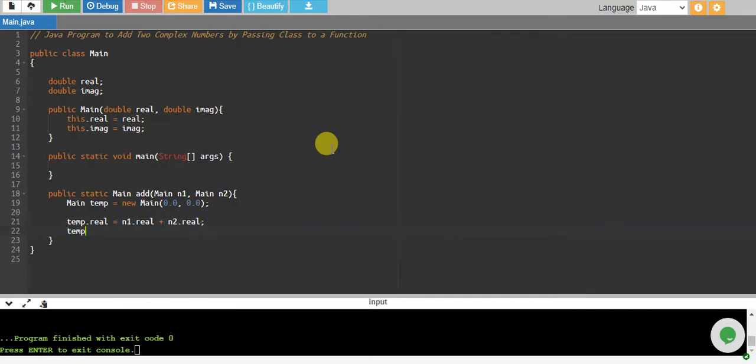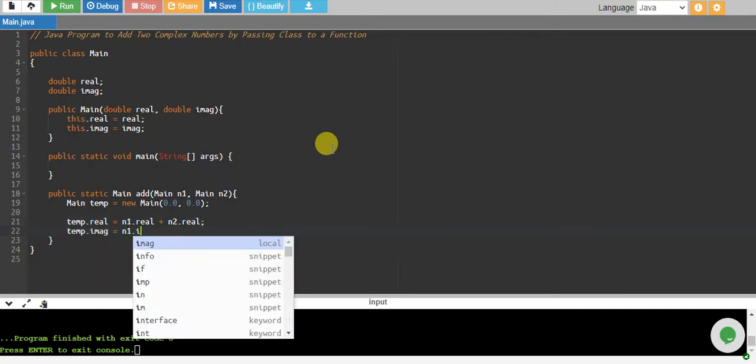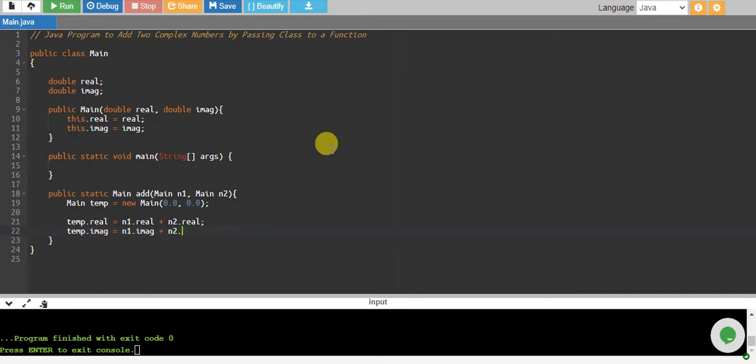Okay, and temp dot imaginary equals to n1 dot imaginary plus n2 dot imaginary, and finally we return our temp. So far so good.